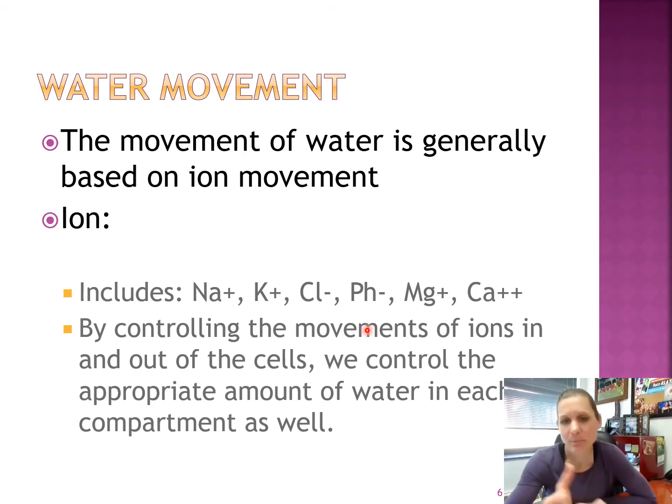Okay, again, I mentioned a few of these being pretty strong as it relates to pulling water, having that affinity for water. So sodium and potassium. So Na is sodium, K is potassium, chloride, phosphate, magnesium, calcium. Those are all examples of chemicals or electrolytes that are going to have a strong influence on where water is going to move. Okay, so if I can cause sodium to move into a certain compartment, water will also tend to follow that sodium because it wants to pull that water with it. It has a high affinity for water.